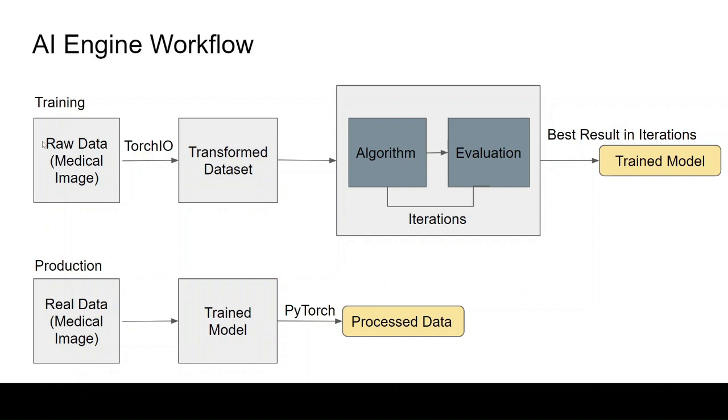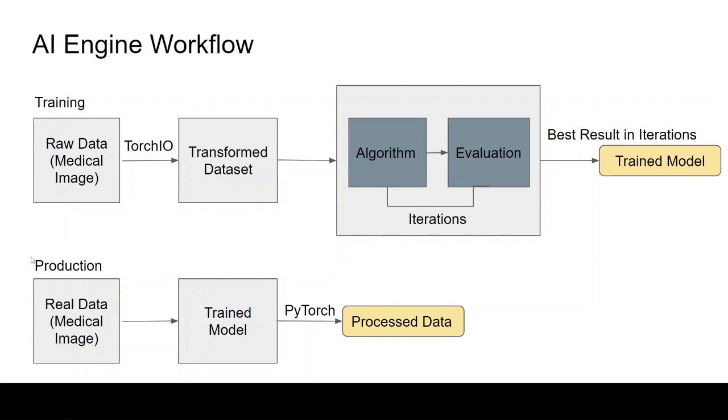So for the training phase, we have a bunch of raw data that's coming in, and then we pair it up with the transformed dataset, which went through the Torch.io, during which we applied random transformations. And then in our neural network model, we applied a few algorithms, and then we evaluate its performance in each of the iterations, and we will save the best result as our trained model, which we will be using later